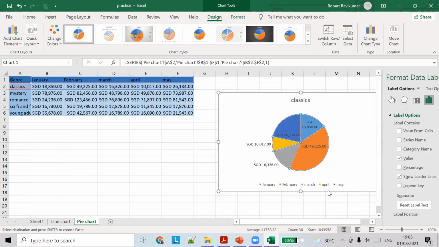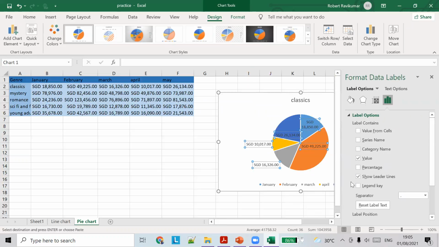So right click on it, format labels. You can do a lot of stuff here. So you can show it as a percentage. Okay, so you can see the percentage calculation here. The classics are sold 41%. Okay, so similarly, if you see here,